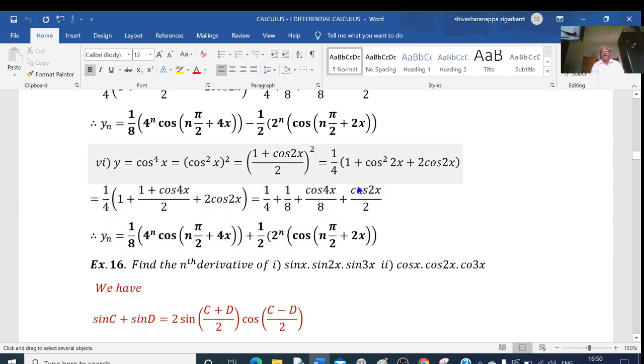Now I can find the nth derivative. So therefore yn is equal to nth derivative of this is 0, nth derivative of this is 0, plus 1 by 8 into nth derivative of cos 4x is 4 power of n cos of n pi by 2 plus 4x, plus nth derivative of this is 1 by 2 into 2 power of n into cos of n pi by 2 plus 2x. So this is the nth derivative of